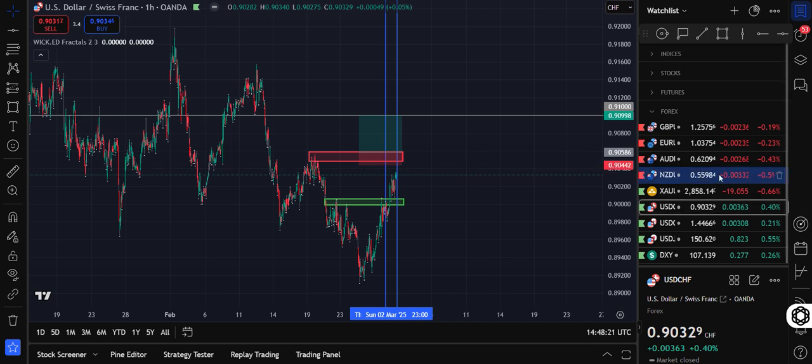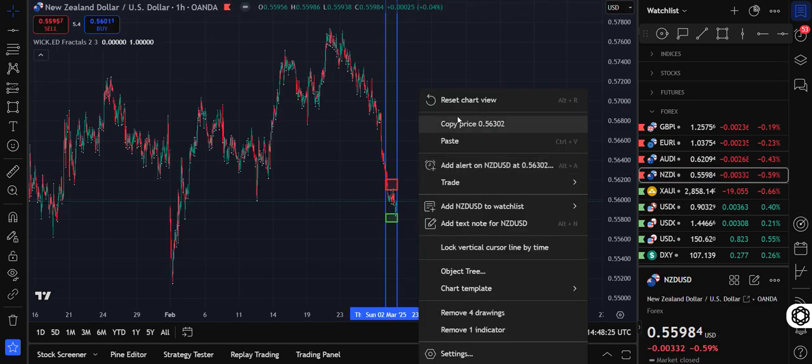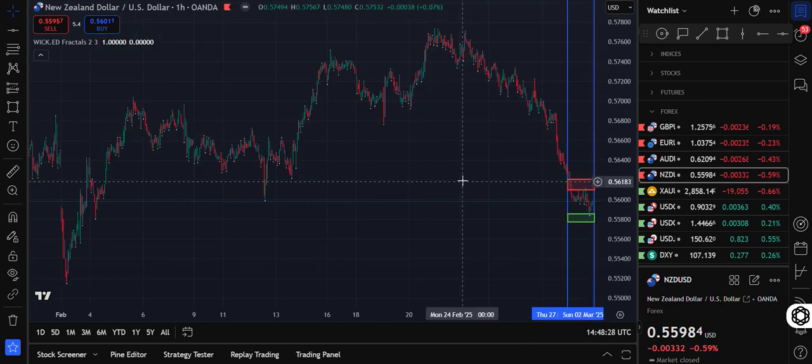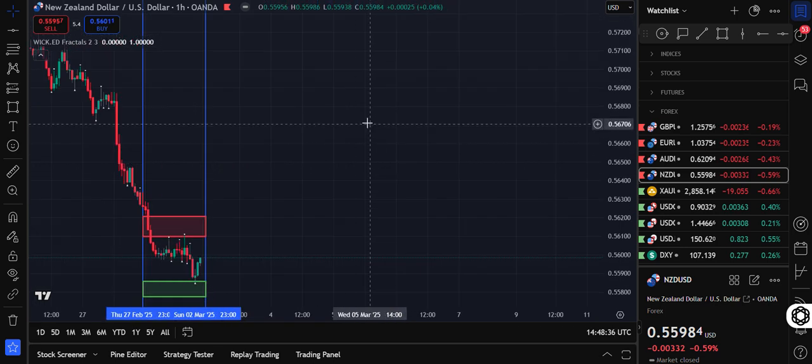Right, let's go on the NZD. These are the opposite to the euro pairs. So as you can see, we have been on quite an aggressive downtrend. We've not really made any, apart from here when we've gone up, we never cleared that high. We are really pushing down, but